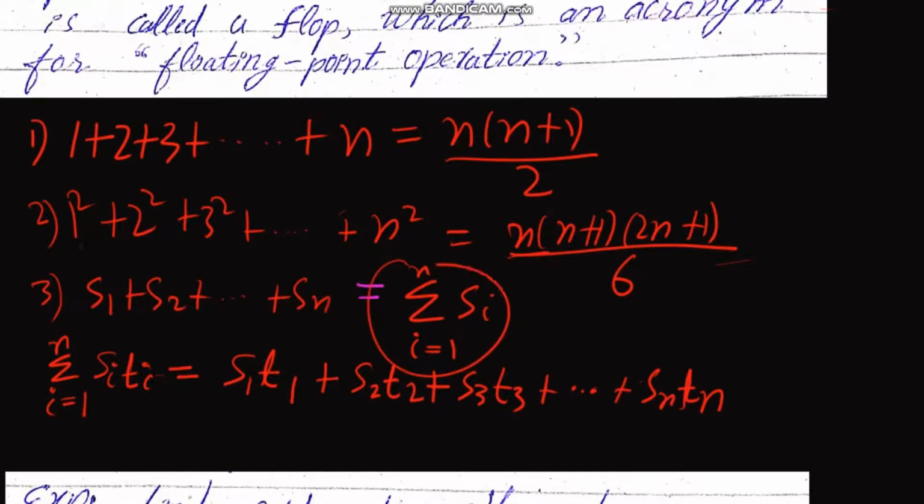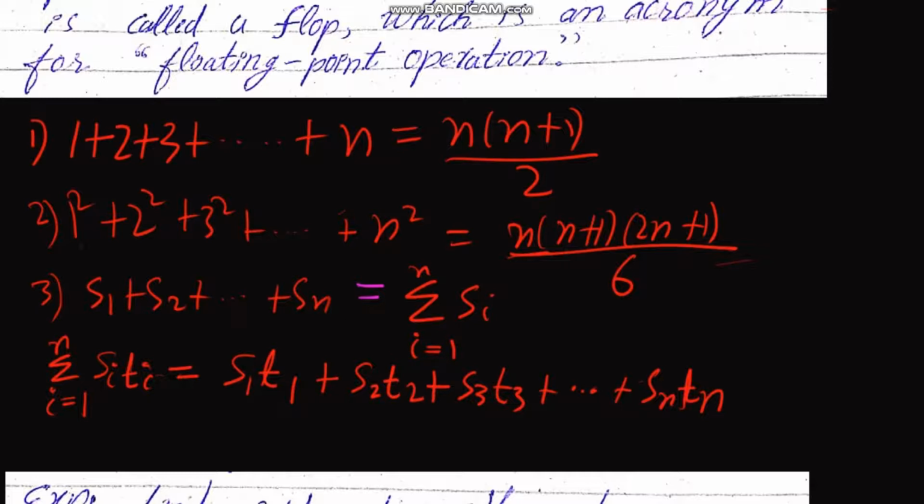When you apply this dummy variable, first i is equal to 1, then you will get S1. Then because this shows a summation, it will put a plus here, right? Then we apply i is equal to 2, and it becomes S2, right? Then we use plus and so on, all the way up to the end, plus, then it becomes Sn, right? This is how the summation works, right?